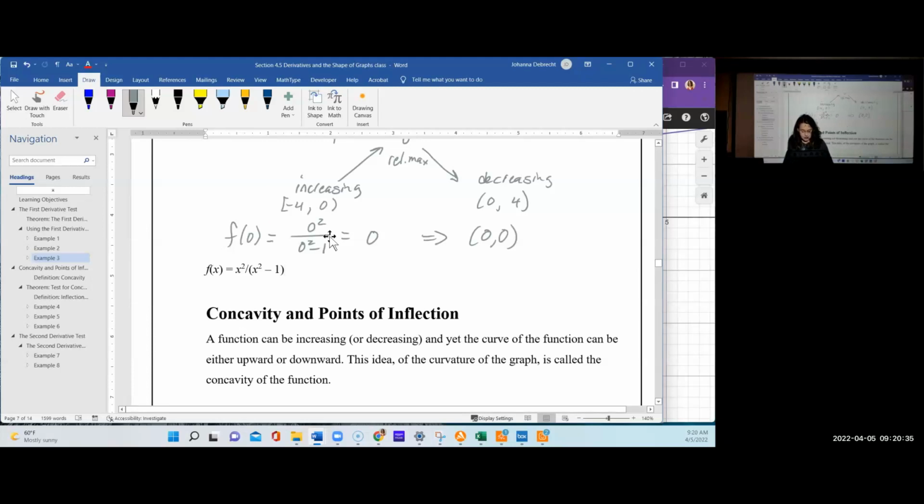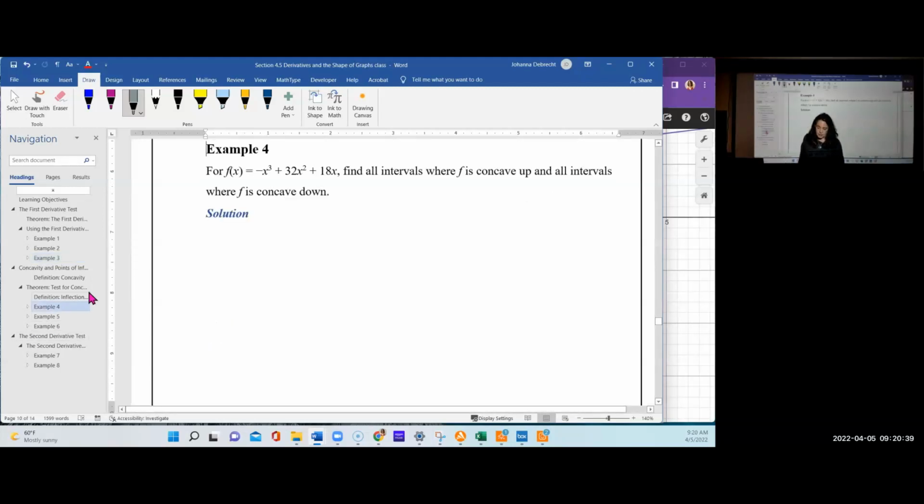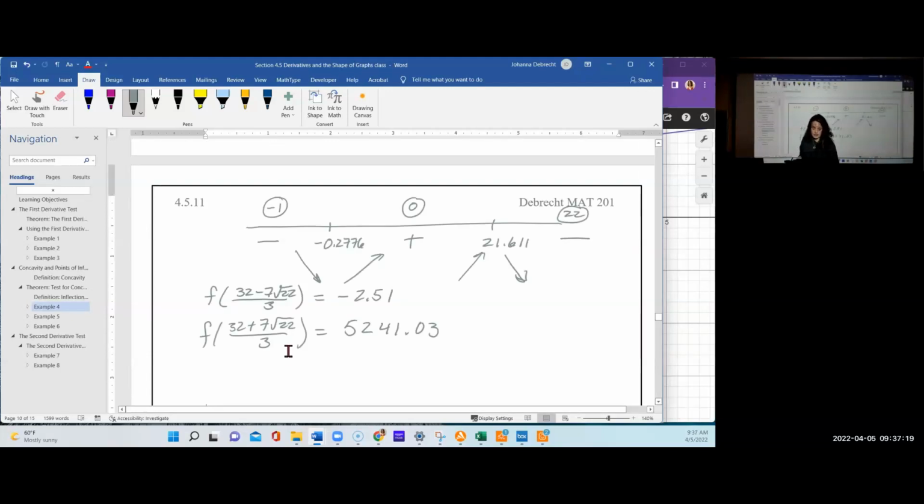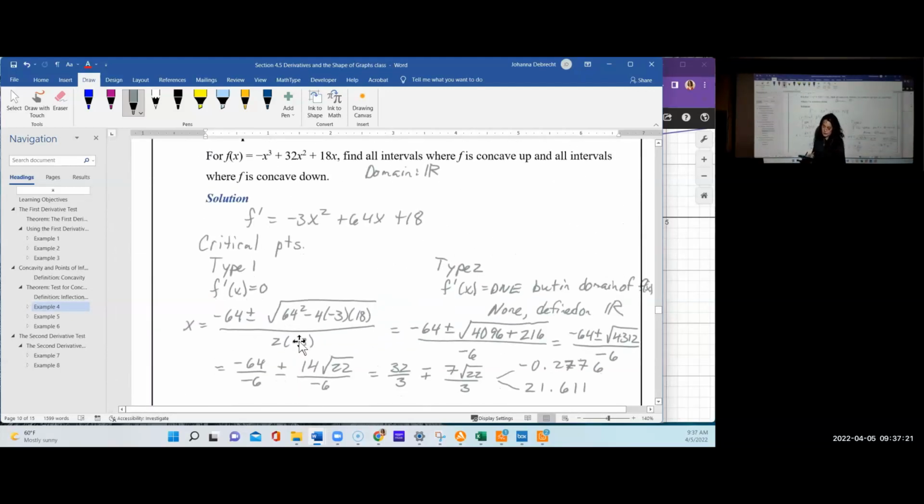Okay. Now, what we're going to do next is we're going to talk about concavity. But before we get to concavity, I want you to practice what we've been doing about extrema. So I want you to take this example and find the relative extrema, if any exist. Okay, let's take a look at it. This is one that we looked at earlier, but it's good practice for you to come through and try it